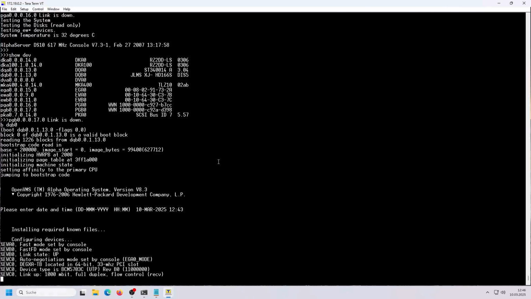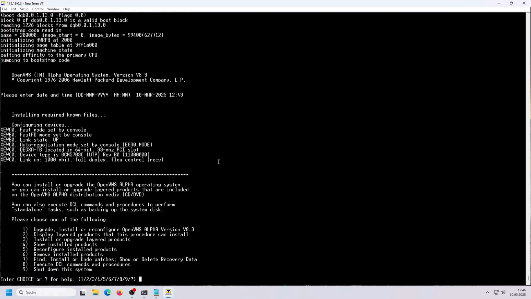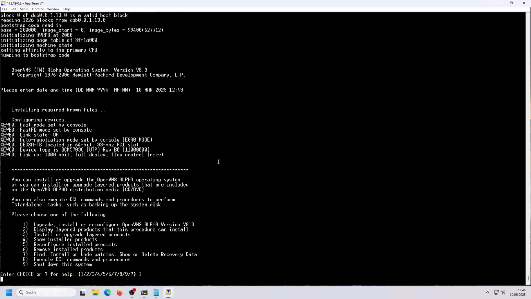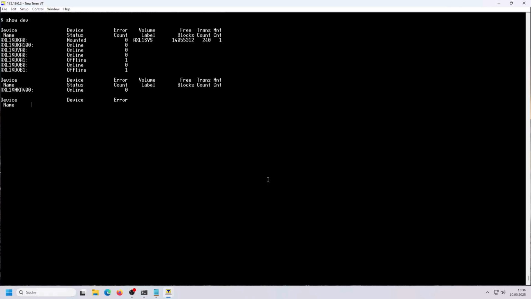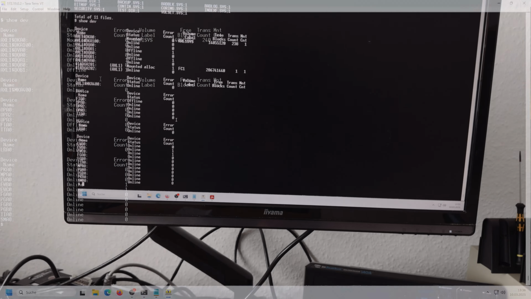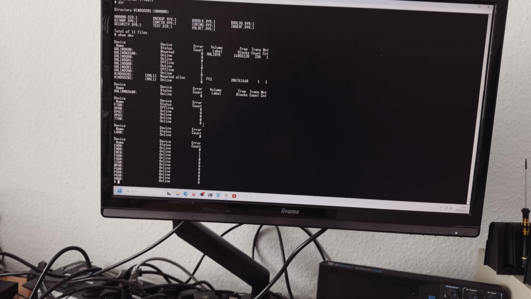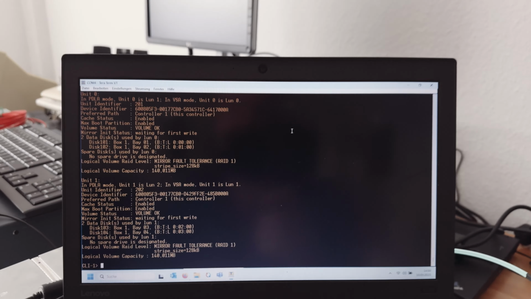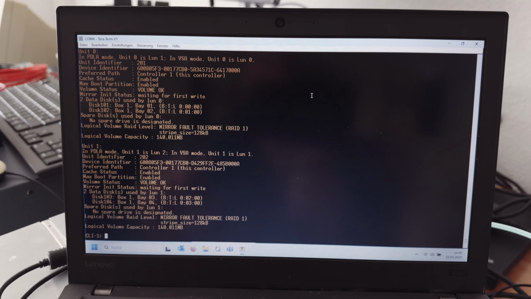But I've installed another, newer OpenVMS version, 8.3. But there was the same behavior. OpenVMS 8.3 didn't detect the hard drives. And then I've removed the second controller because maybe this is a redundancy problem, but the case was, when you have a look over here, this is the configuration, you have to set these